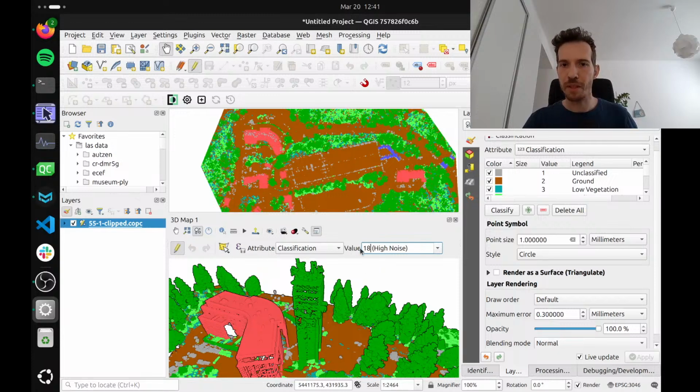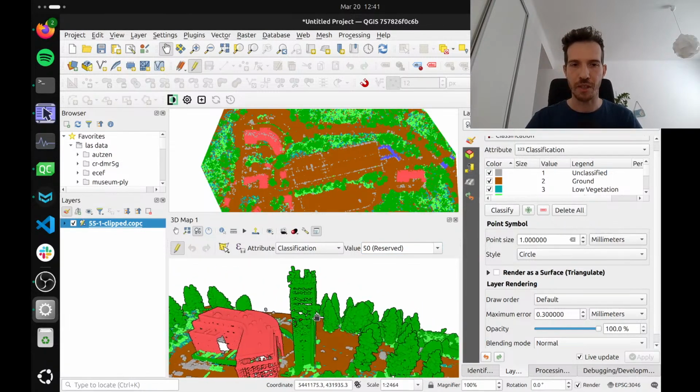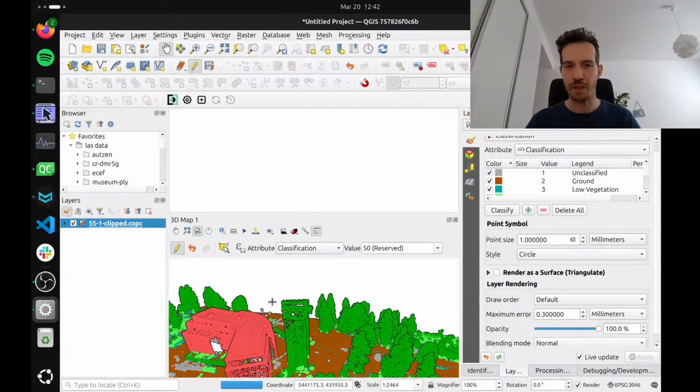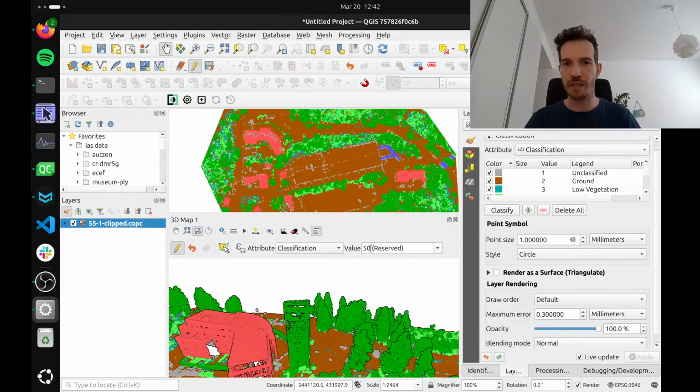But we are not limited only to these classification values. So if I wanted to use some completely different class, I could do that and pick, let's say, class number 50. And now an interesting thing happens if I would pick that I want to reclassify to 50, reclassify the top of the tower. Now suddenly the points are gone. So they are not gone completely, it's just that we are not having the value 50 captured in our